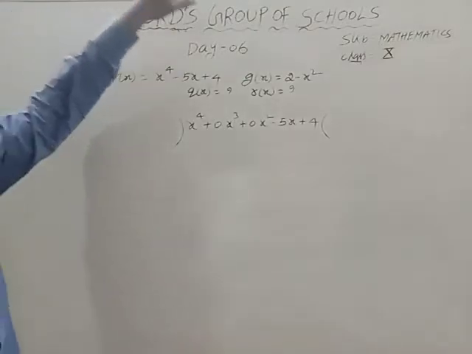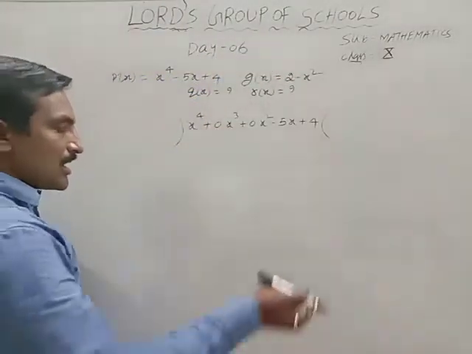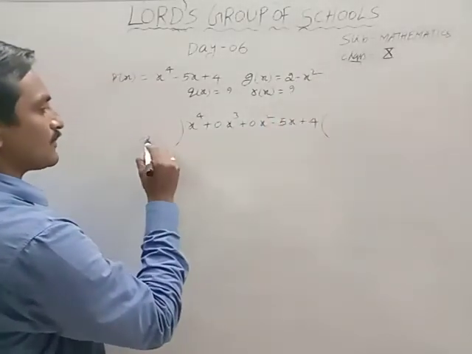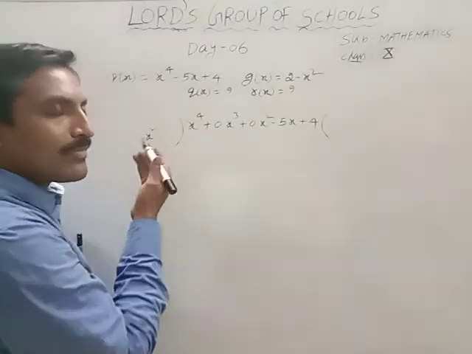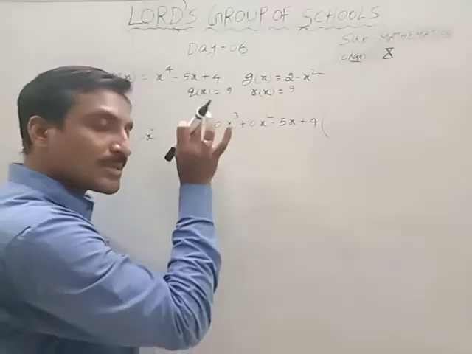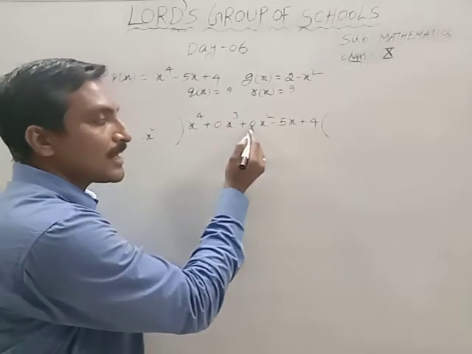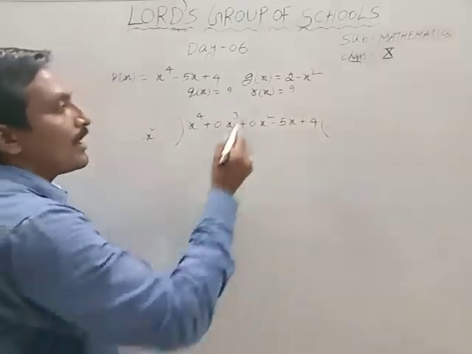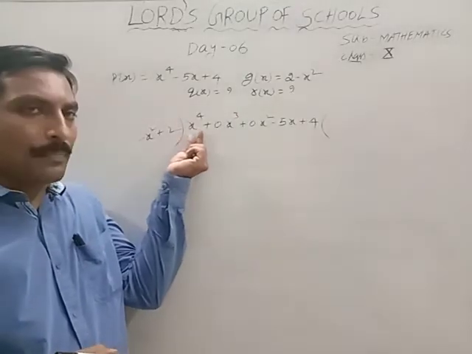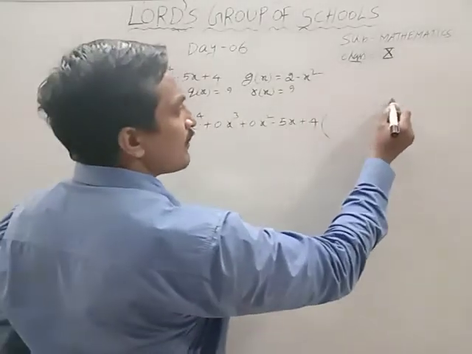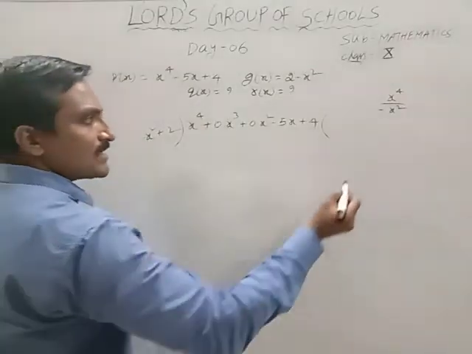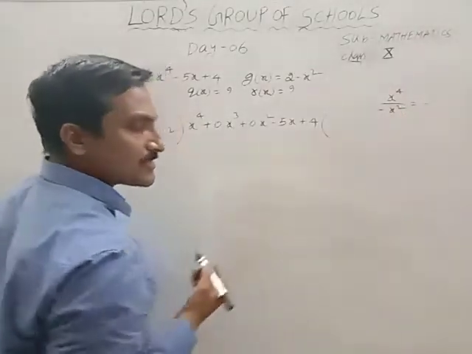Next, G of x is acting as the divisor. In this also you have to write the highest power term first, minus x square, next x. But in the divisor, if anything is missing, there is no need to fill that place. The dividend, though, must have zeros in any missing place. The next term is plus 2. Here what is the first term? Dividend first term divided by divisor first term, minus x square. So here we will get a minus as it is.